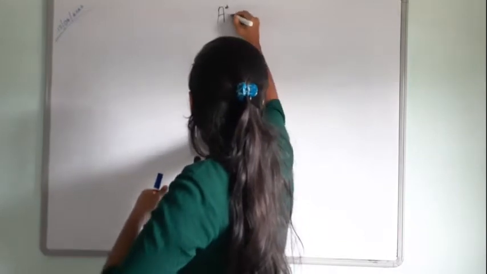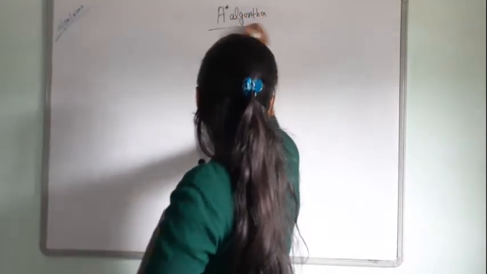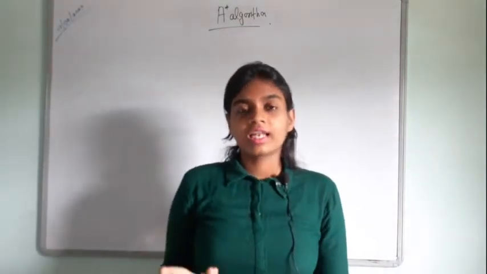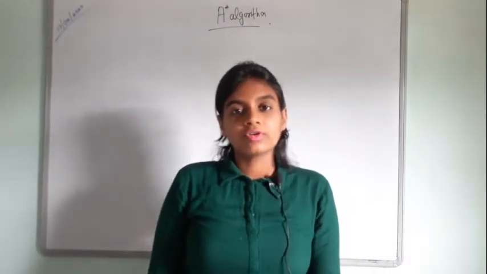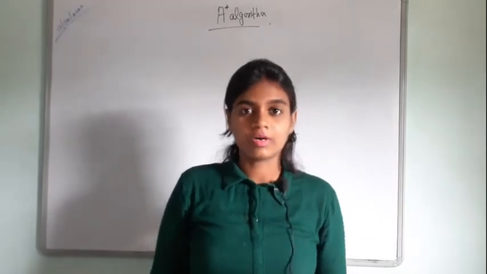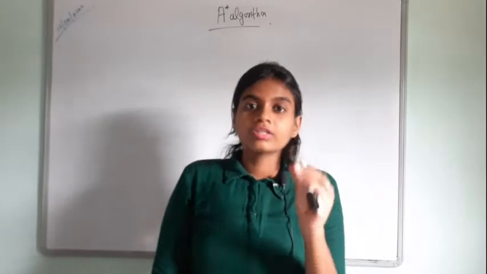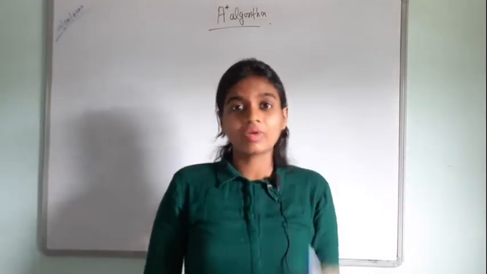The A-star algorithm is the most important topic that comes under the university questions. They frequently ask questions like: explain the A-star algorithm with an example, or write a short note on the A-star algorithm. They give some marks, about 10 or 20, depending on how they give the marks. So you must learn the A-star algorithm. It's very important, and I will teach you so you will understand why.